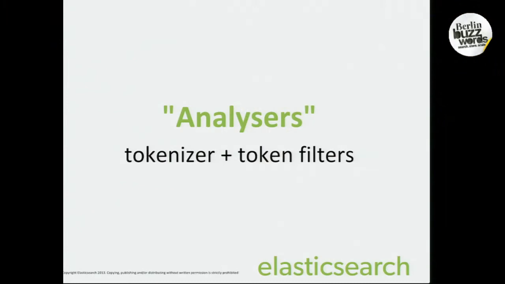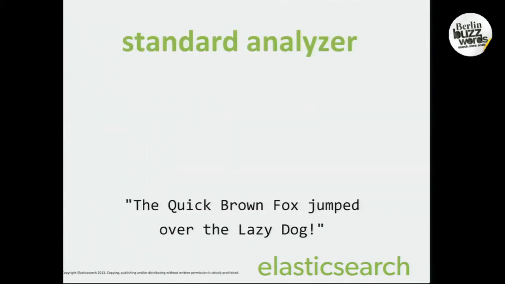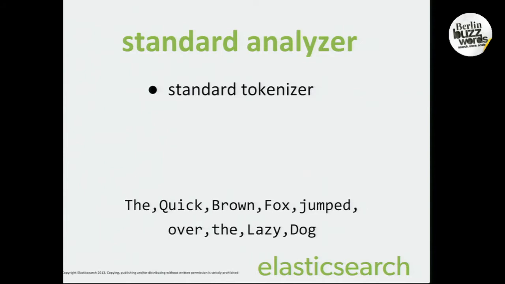This process is called analysis, and it consists of the tokenization into separate terms and the normalization of those terms. And this is handled by analyzers. And analyzers are just a package which consists of a tokenizer and 0 or more token filters. And there are a bunch of analyzers that come built into Elasticsearch, the default of which is called the standard analyzer. This starts out using the standard tokenizer, which divides these words according to an algorithm from the Unicode Consortium